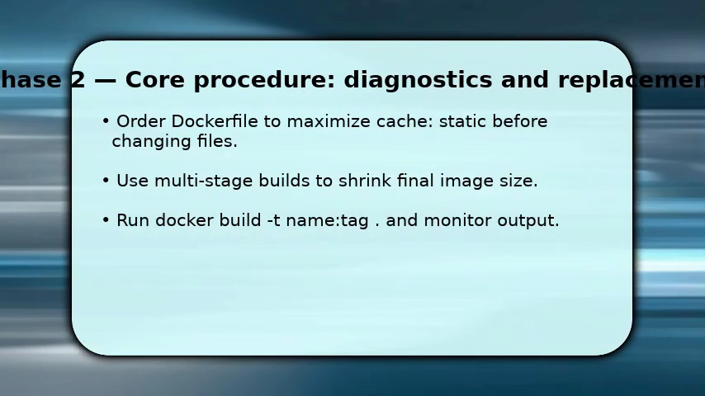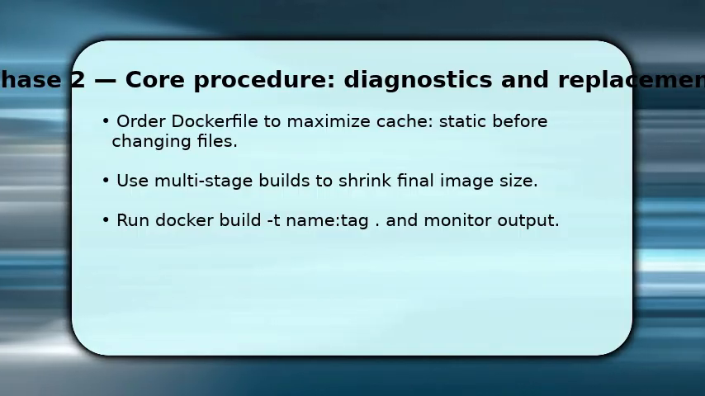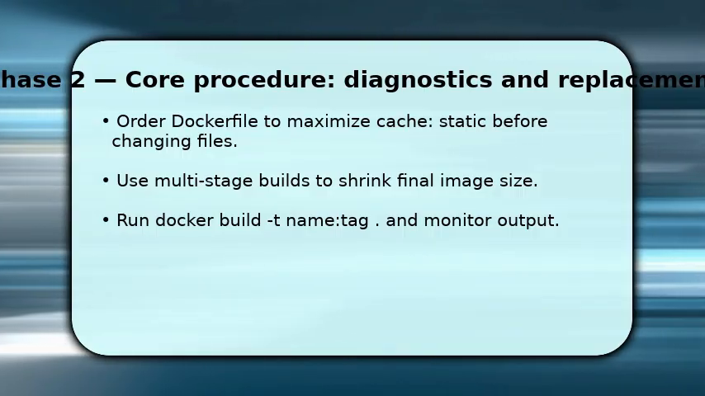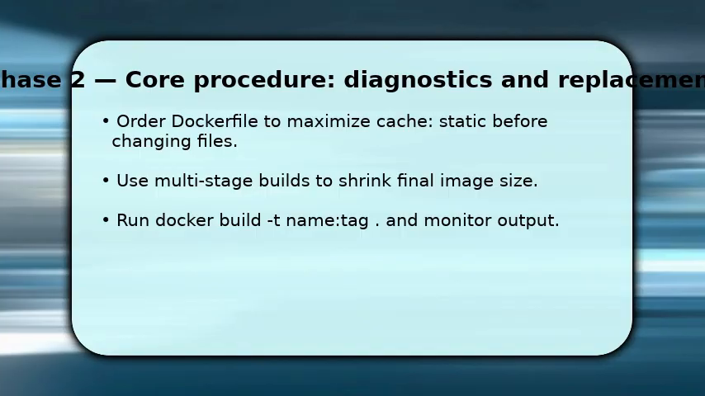Now you build and optimize. Start with docker build -t myapp:latest, and watch layer output to detect expensive steps. Use multi-stage builds. Compile or install heavy tools in a builder stage, then copy only runtime artifacts into the final stage to minimize bytes. Combine related RUN commands with && to reduce layers, and pin package versions to ensure reproducible